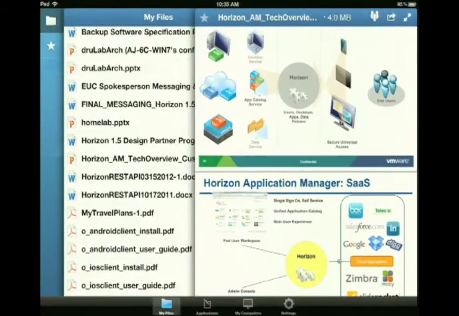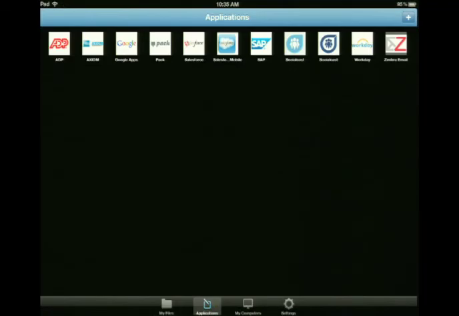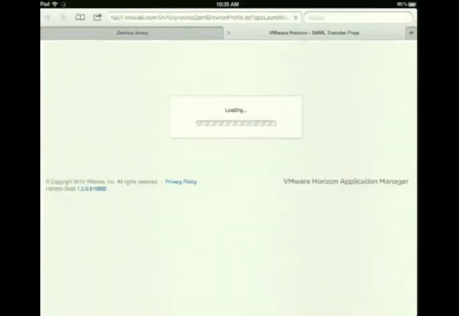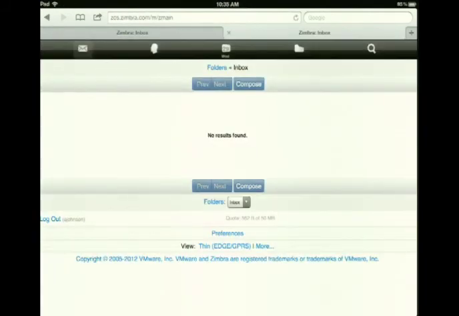Down here next to files, we actually have applications. We'll actually show users how to get to their apps from here. We do have a couple of working apps here, so we can simply go into Zimbra email. Then we'll pass a SAML assertion over to get you logged in. And that's actually important to note as far as our SaaS app solution goes,